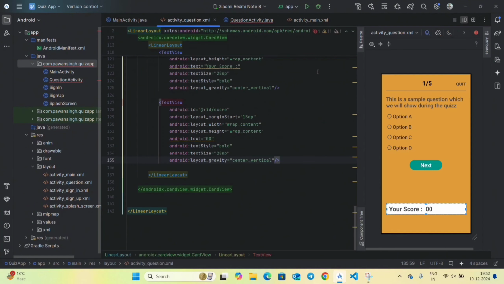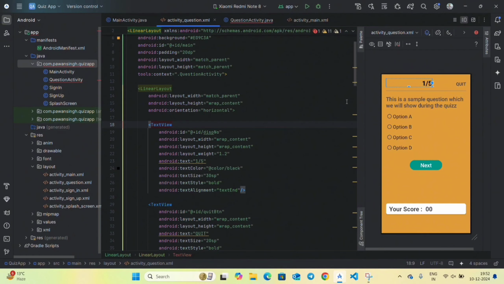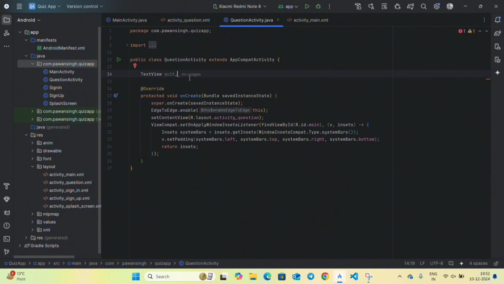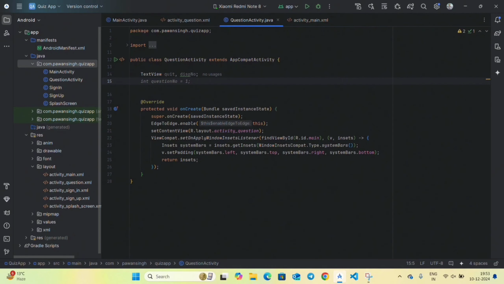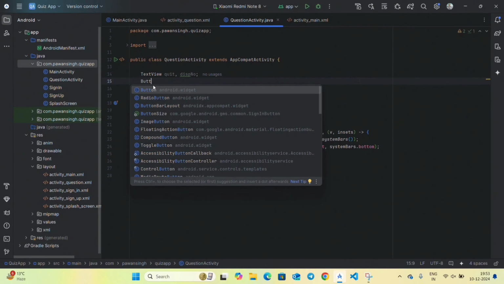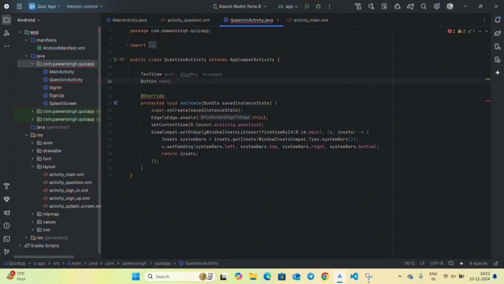Activity question, we had this as display number. So go again here and write here display number and close this. After this we had one button, so write here button, and the button was next button, next, and in the quit write here btn also, and after the next add one more text, write here score,